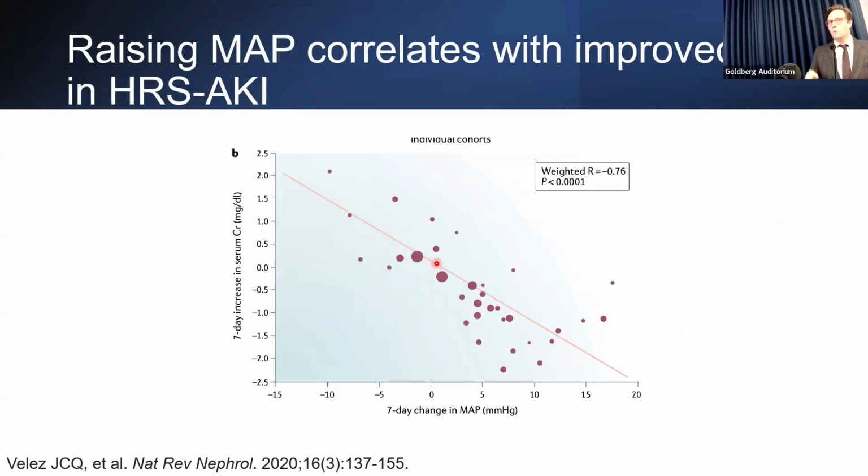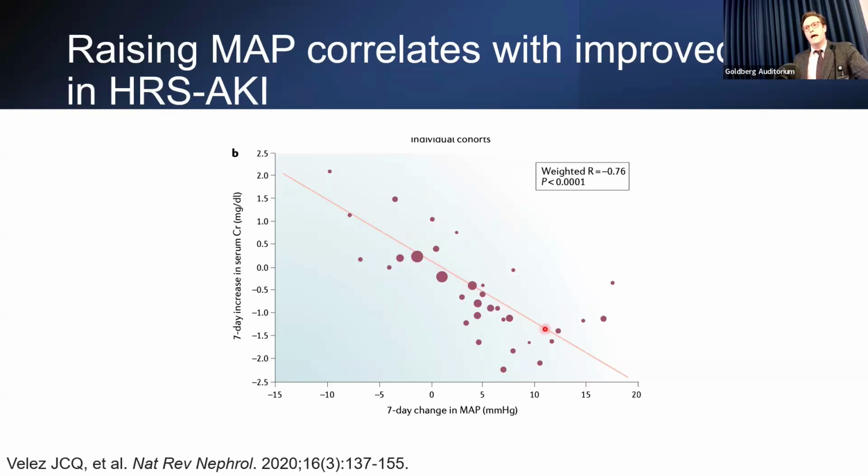So why is that important? Well, what's interesting is if you pool all of the randomized controlled trials looking at treatments of HRS, so this is looking at midodrine and octreotide, terlipressin, norepinephrine, which we will get into with the last 30 minutes of this talk, we can see a nice correlation between increase in MAP and decrease in serum creatinine. So if we can increase the MAP by about 10, we can reduce the serum creatinine by about 1 milligram